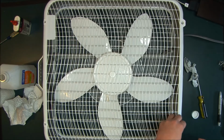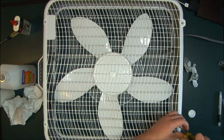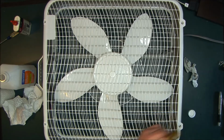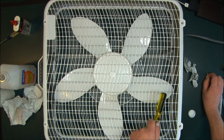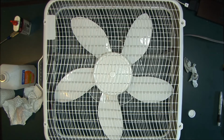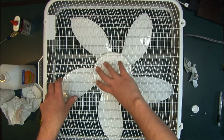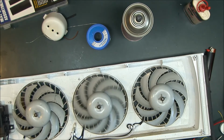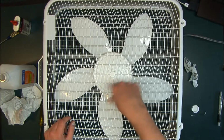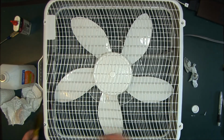Now, I actually did another fan that was a window fan that had 3 individual fans in it. I did maintenance on 2 of the motors, and then the last motor I hadn't done any maintenance on yet. And I spun one of the maintained motors and one of the untouched ones at the same time. And the maintained motor, the one that I just got done cleaning out, continued to spin while the other one stopped. So you can tell there was far less friction